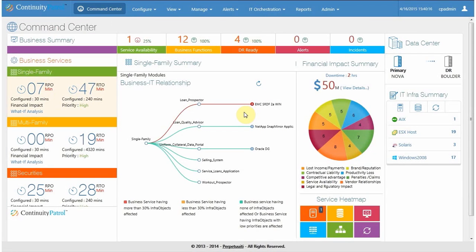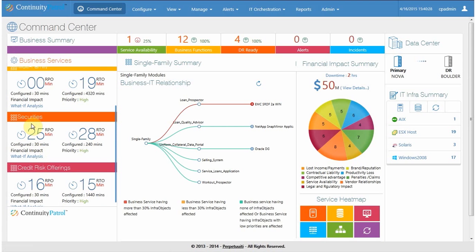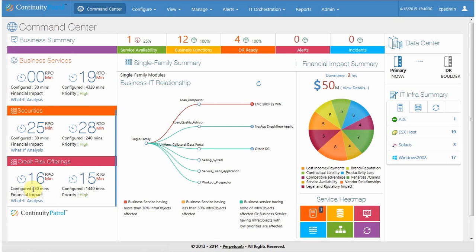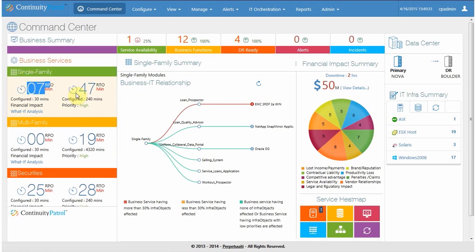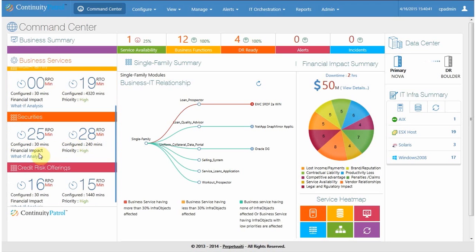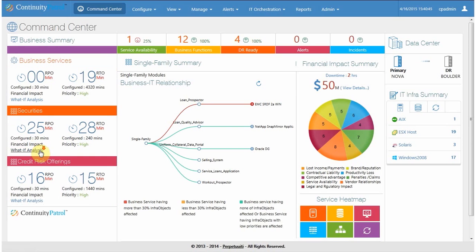1. The Command Center, aka CP Dashboard. Business services. As the term conveys, these are applications which are supporting the core business of the organization. It becomes very important to understand the health status of business services from availability perspective. Continuity Patrol understands this requirement, and hence this section is duly mapped with associated business functions and provides a real-time